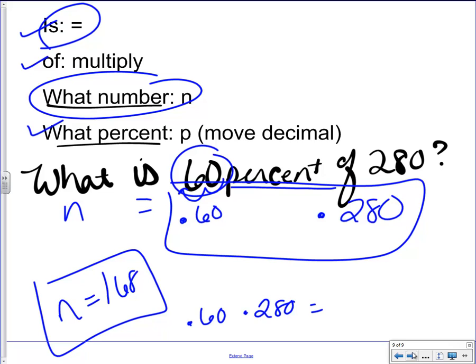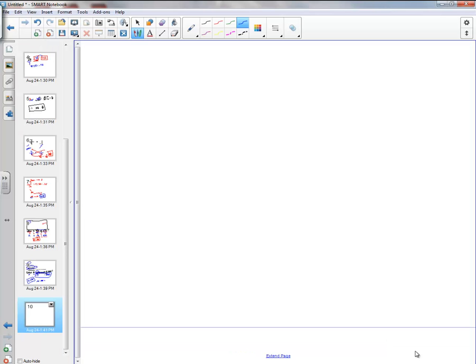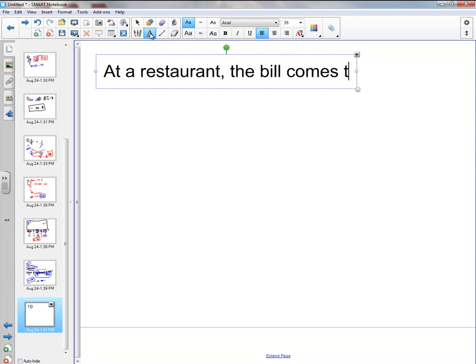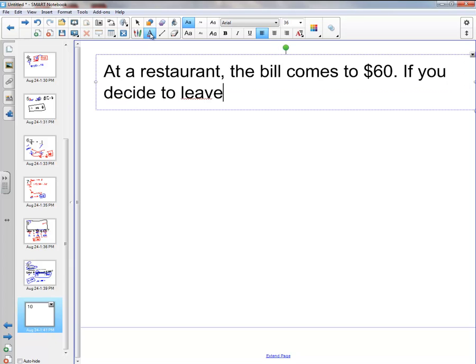It's possible that they may ask you for things that are in kind of a different order, so we're going to look at another problem right here. I'm going to type it out because it is a word problem, so I want you to follow along with this to help it make sense for you. It says, at a restaurant, the bill is $60. If you decide to leave a 16% tip,